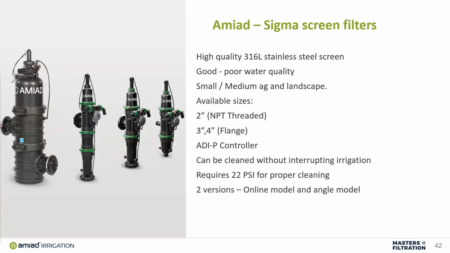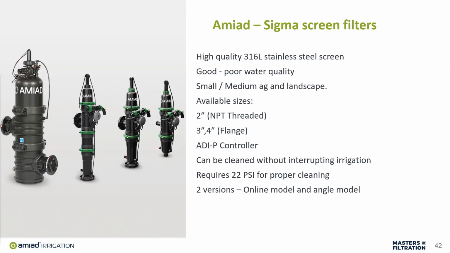Amiad has a series that we've seen used in the landscape quite frequently, the Sigma series. This does have the stainless steel. It is good for good to poor water quality, small to medium ag and landscape. The Mini Sigma series comes in a 2-inch NPT threaded or 3 or 4 flange. And then the Sigma Pro, which is the big one on the left, comes in a 6 or